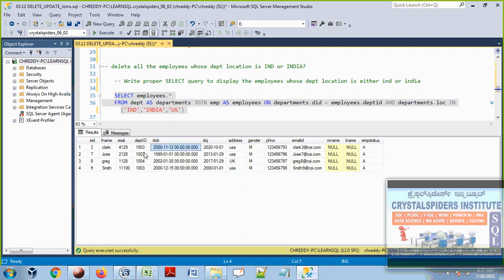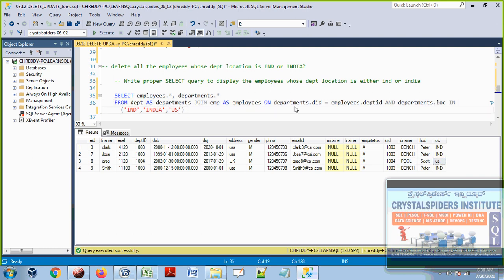Not this, this is the address, guys. This is the address of the employees. Don't take this one. Okay, let's take the dept.stuff, then we can understand it very well. Let me display that DEPT table data. Not DEPT, we have to say departments. So now here, this is 1004. This is the pool department. See that 1003 is from IND, and this is a pool department. 1004 is the pool and US location.